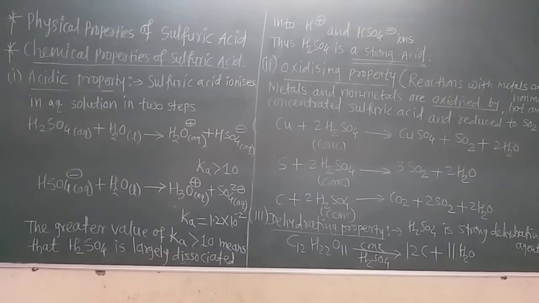And the fourth and last physical property, it is highly corrosive. That means there is irritation or there is a wound. If the sulfuric acid comes in contact with our skin, there is a wound which is not healed in a short period. More time is required for the healing of our skin, and it produces a severe burn on the skin. When it comes in contact with the skin, there is a severe burning action. So always take precaution while handling this very strong acid, sulfuric acid.